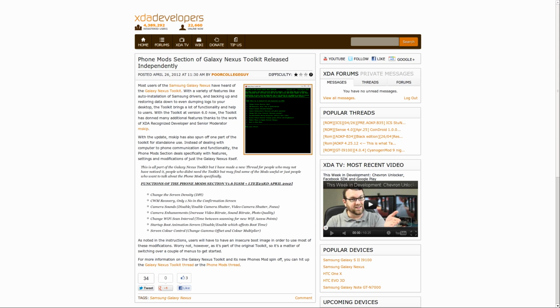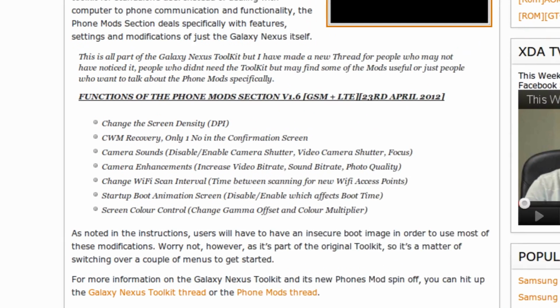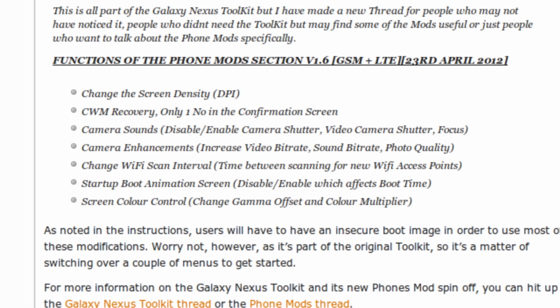And since we're speaking of the Galaxy Nexus, the part of the audience that's probably listening right now has probably heard of the Galaxy Nexus toolkit. Well, thanks to XDA recognized developer and senior moderator mskip, version 6.0 of the Galaxy Nexus toolkit is now available, and it adds in a phone mods section, which has things such as changing the screen density, adding ClockworkMod recovery in,